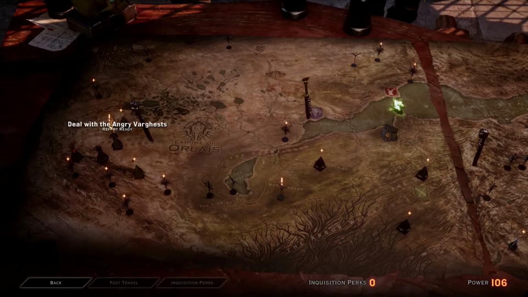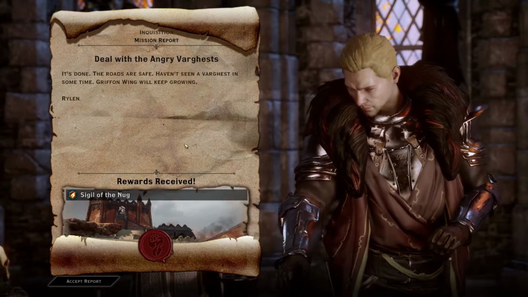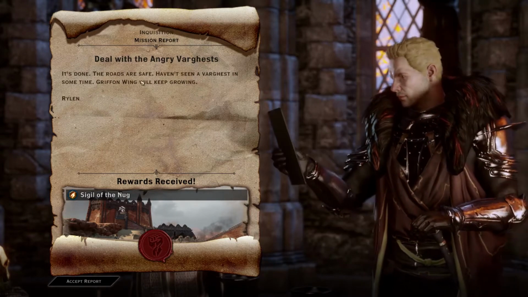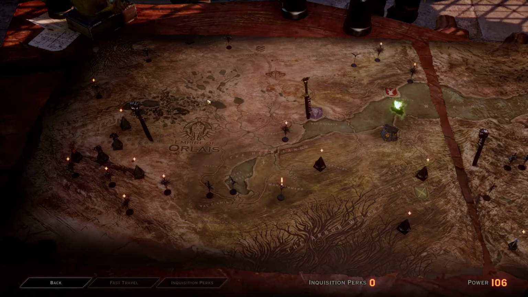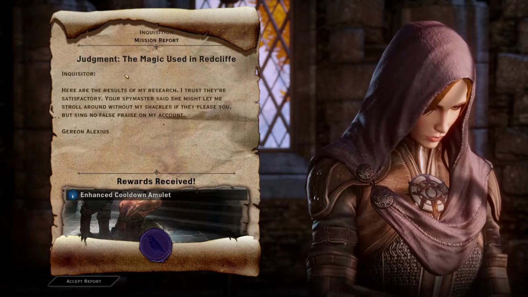What do we got here? Deal with the angry Varghests. It's done. The roads are safe. Haven't seen a Varghest in some time. Griffin Wing will keep growing. Rylan. So yeah, we killed the Varghests. Liliana didn't want me to kill the Varghests, but you know what? Sorry. I've already killed a bunch of them, so...